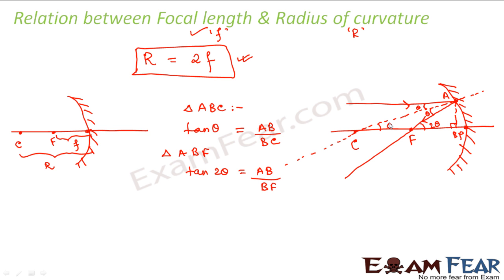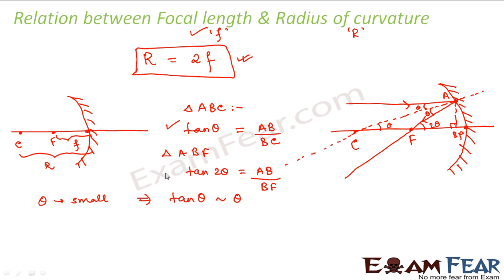Now here this angle theta is assumed to be very small, because incident rays make a very small angle to the principal axis; the incident rays don't make very large angles. So we can say that theta is quite small. If theta is very small, tan theta is approximately equal to theta. You would have studied this in trigonometry, so I am not going into the detail of why tan theta becomes theta when theta is small. You can refer to the mathematics videos. So tan theta becomes theta.